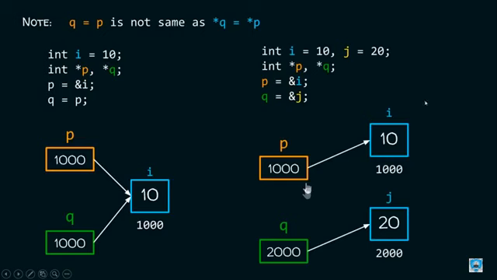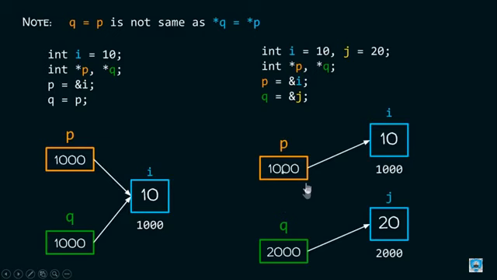So now come to the right part of this slide, that i = 10, j = 20. I am taking two individual variables, i as 10 and j as 20, and the locations we are supposed to take: i location is 1000, j location is 2000. *p1 and *q1 are the pointer variables, and I am taking them as int *p and int *q. p holds the address of i, q holds the address of j, meaning multiple variables and multiple pointers are accessed individually.